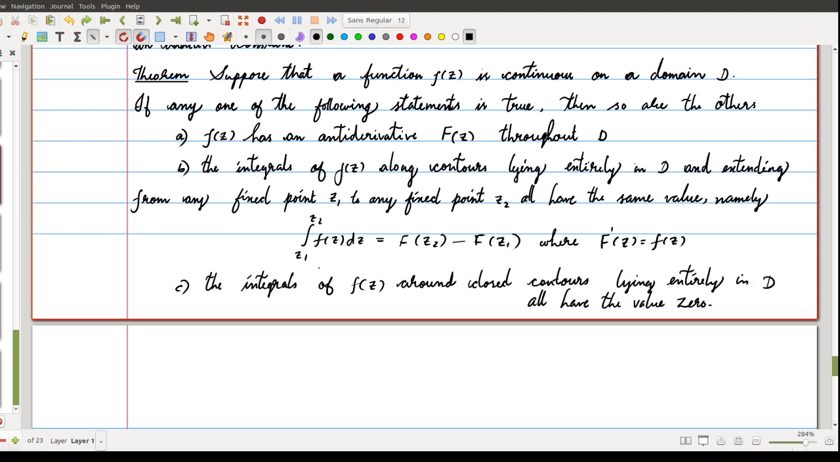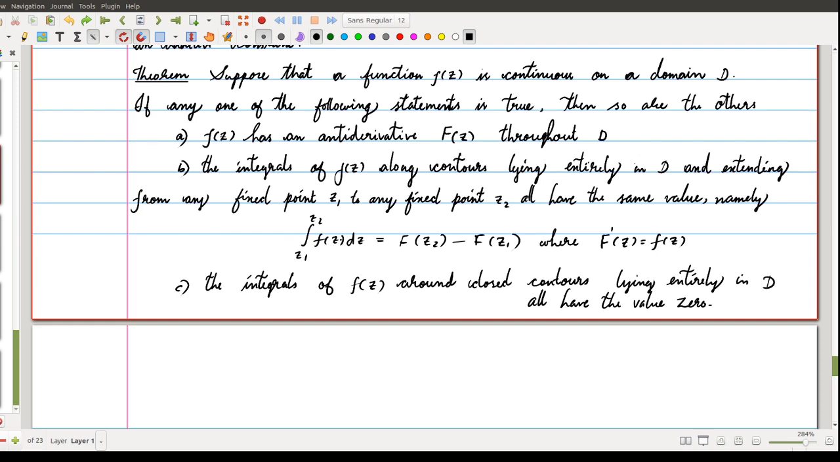This is the third statement. The integral of f of z around closed contours lying entirely in D all have the value 0. That means we have already, if we assume this to be f of z2 minus f of z1 as the value of this integral,